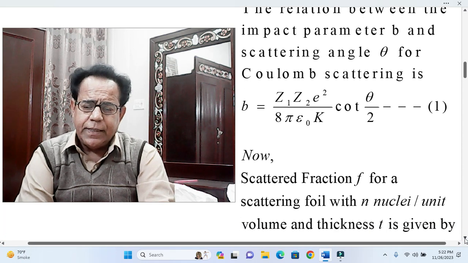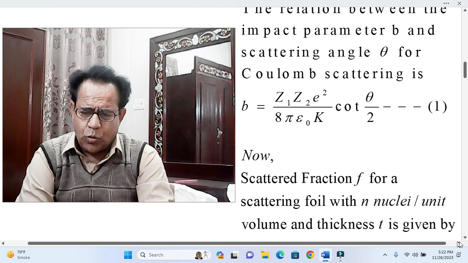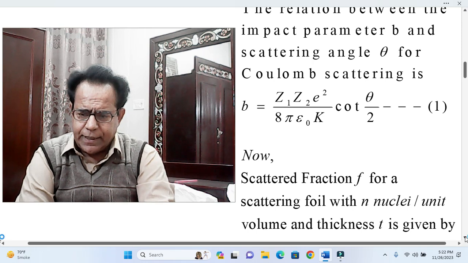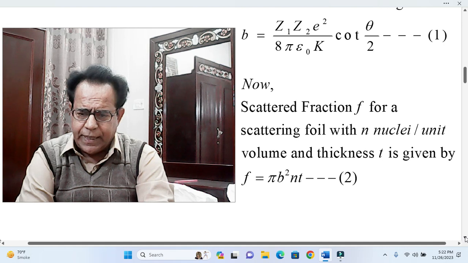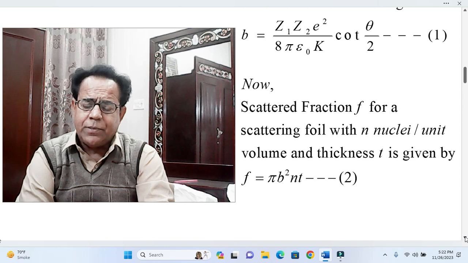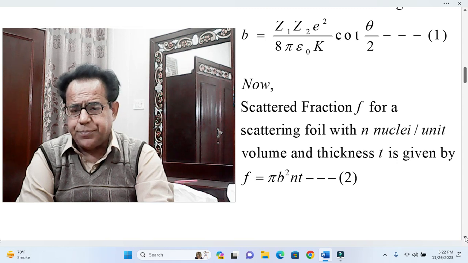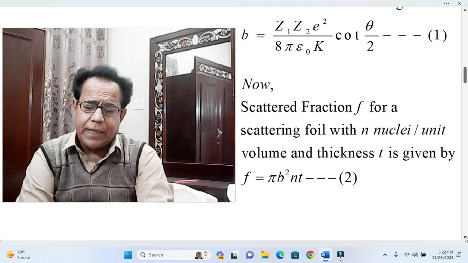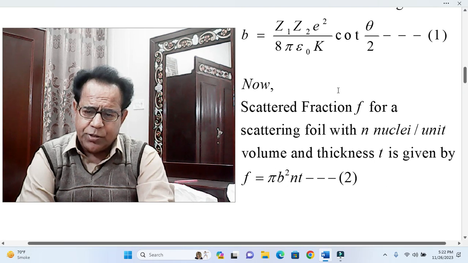Question number 1. This is exactly the same question which is included in both snapshots. Now, scattered fraction f for a scattering foil with n nuclei per unit volume and thickness t is given by f equal to pi b squared n t, equation number 2. Then in the next step this b from equation number 1